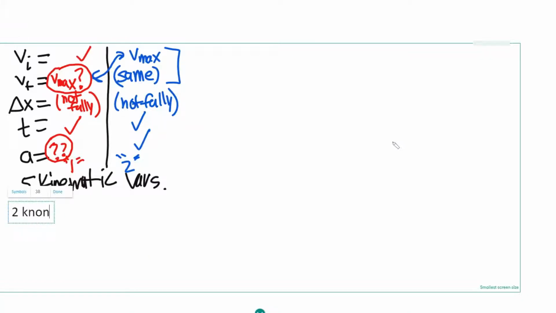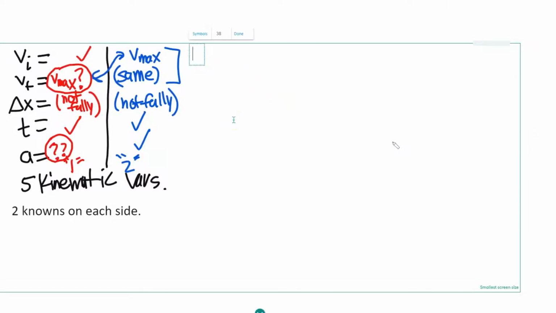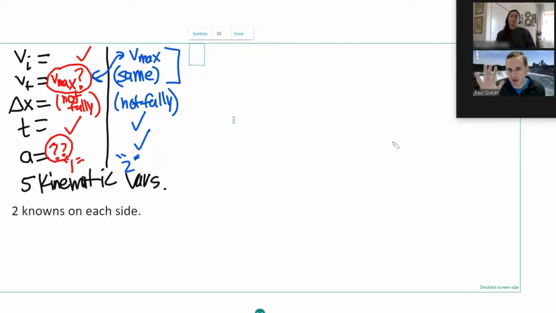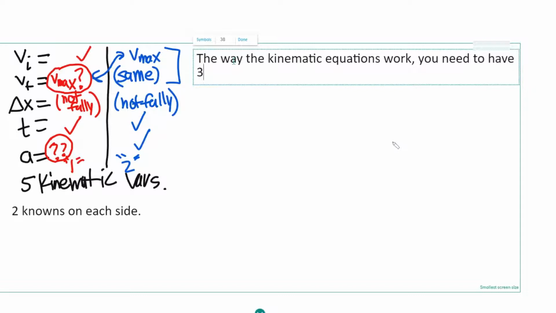2 knowns on each side. Now, I'm sure we'll go over this very soon, but the way these kinematic equations work, I figure I should write this down because you probably need to know this anyway, but it's worth mentioning. You're kind of starting off with a difficult problem, which you've got to know how to do. But what I was just going to say is the way the kinematic equations work, you need to have 3 variables known, then solve for the 4th,